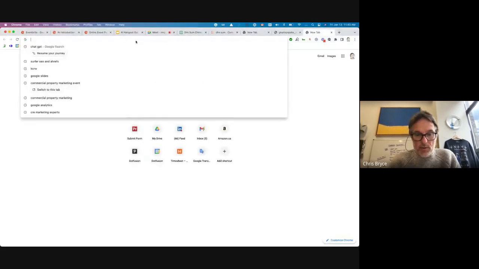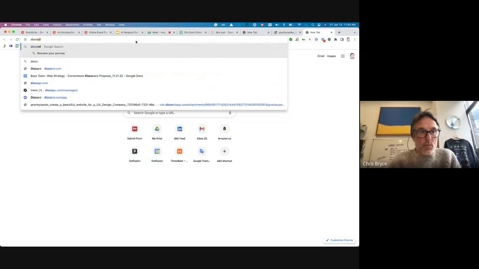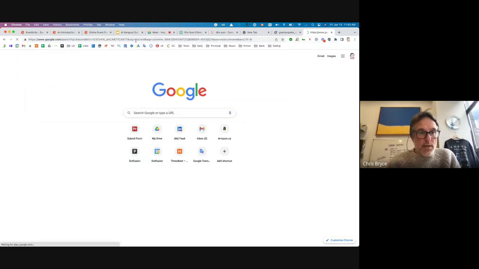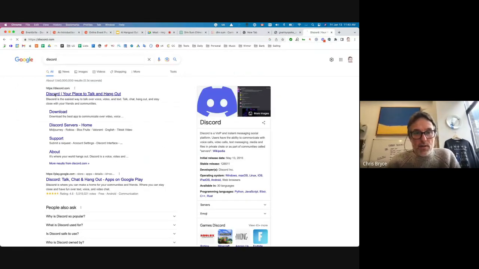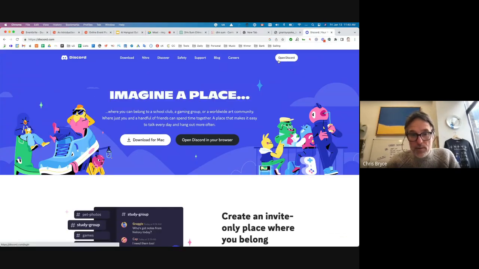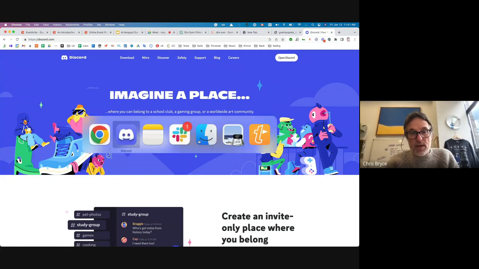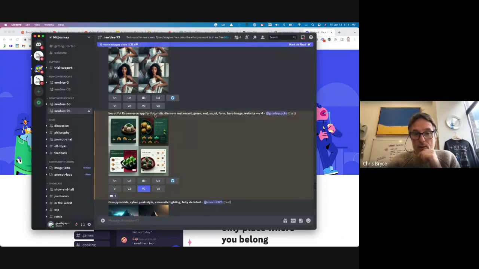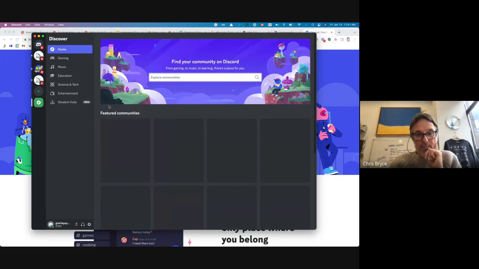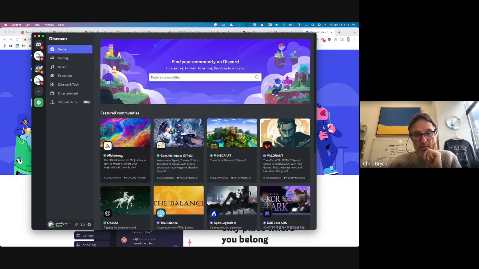Let's say we want to go to Discord, and then we would go here. You would sign up. You could download the application I was using for your computer, sign in, go back to Discord. After you sign in, you won't have any channels over here on the upper left-hand side. Click on this little navigation thing. We're also recording this, so I'll share this video with everyone. Click on here, go to Midjourney, sign up for that server.